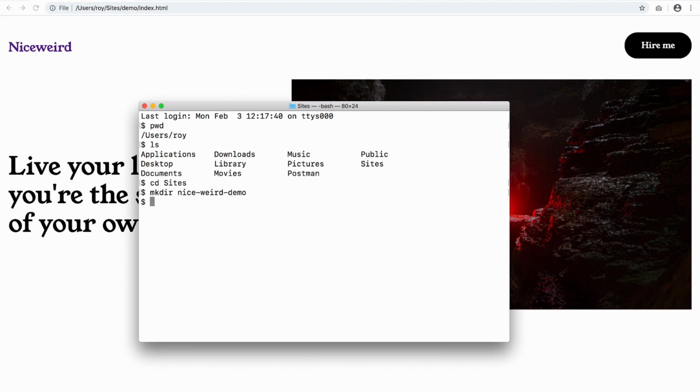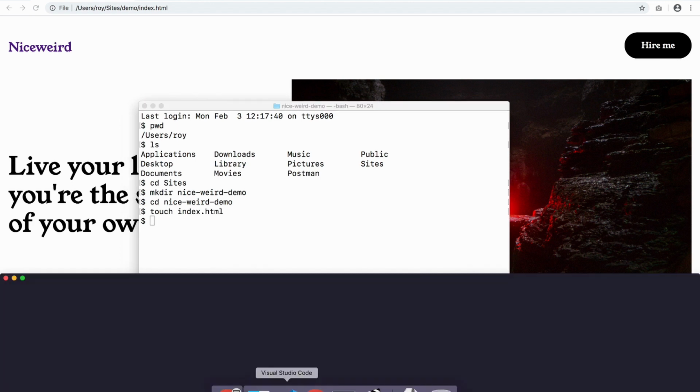And then we need to change directory. We need to go into that directory, so nice weird demo. The first thing we want to create is an index file, index.html. The command for that is touch and then index.html. The index.html is going to contain all your code, all your HTML, all your CSS, just to keep it really simple. If you open up Visual Studio Code,